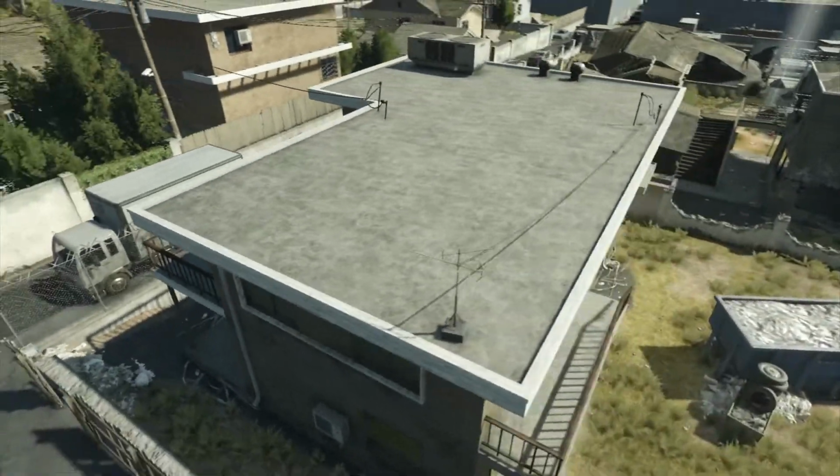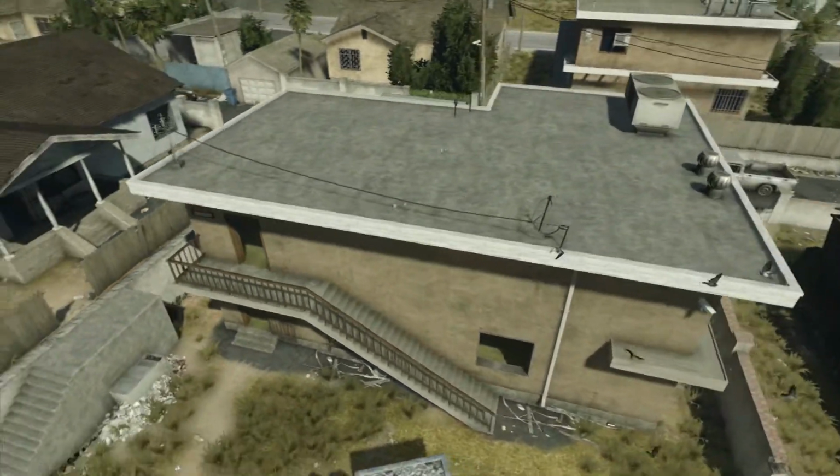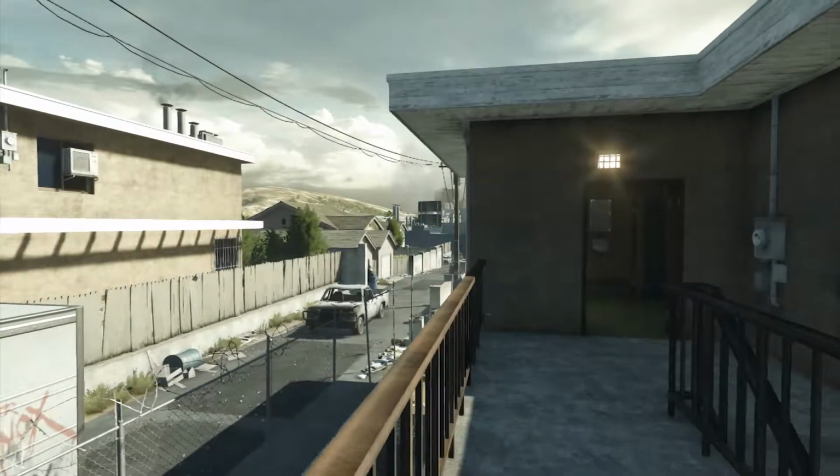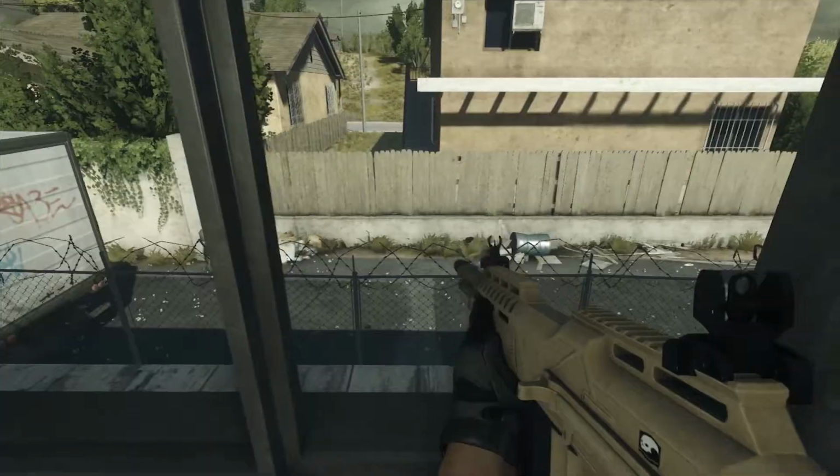You can actually grapple up to the second story, but there's hardly any cover up there. There's probably none, so I would recommend staying inside the second story. If you see an enemy from up there, go ahead and tag him and let your ground team know their